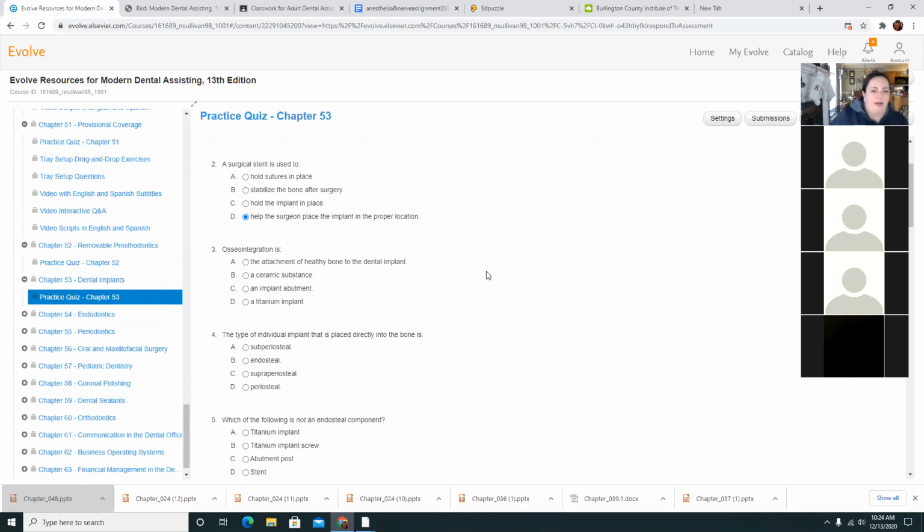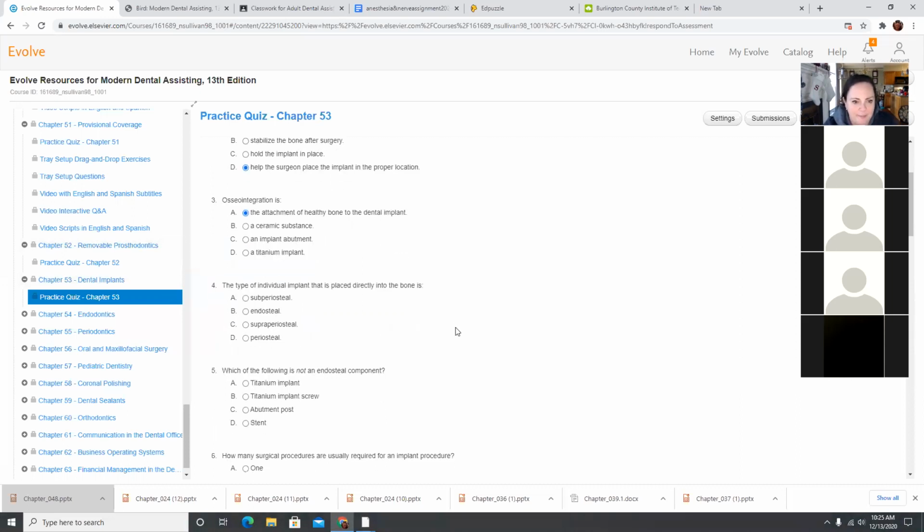Osseointegration is what? A. Osseo is bone, if you know that, but I think it's Latin, so I wouldn't expect that you would know it. Osseointegration is literally the integration of bone, or the attachment of healthy bone to the dental implant. The type of individual implant that is placed directly into the bone is